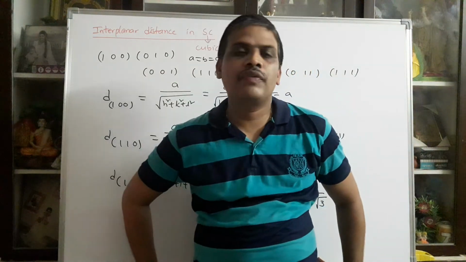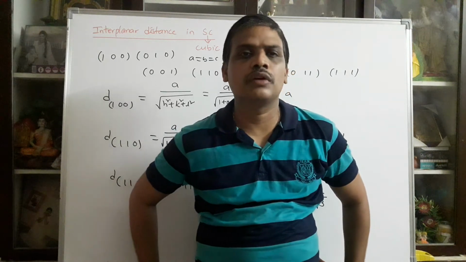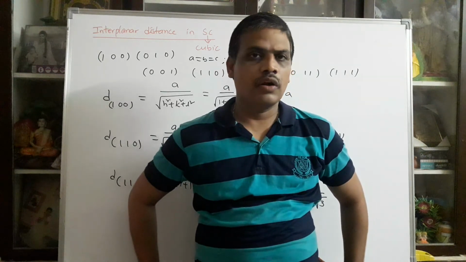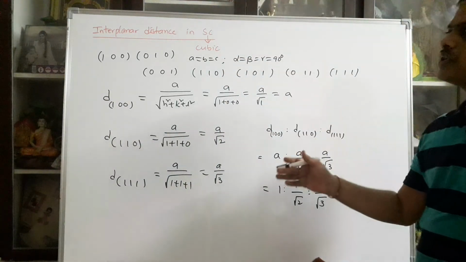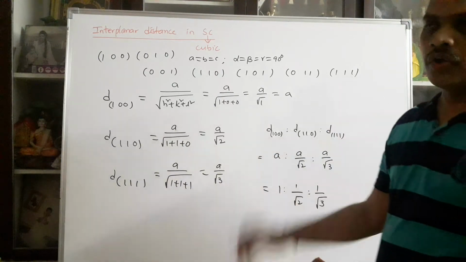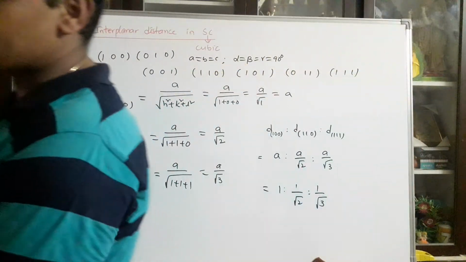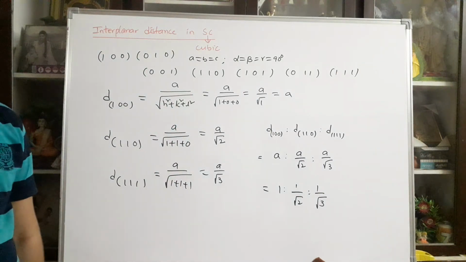You can refer to the textbooks, particularly Charles Kittel and A.Z. Dekker. Otherwise, A.Z. Gupta also you can follow. So based on this, in this way you can deduce the relations. Simple cubic is completed. In a similar way, FCC and BCC you can deduce the relations. d110, d100, as you wish. You can take anything. Okay.